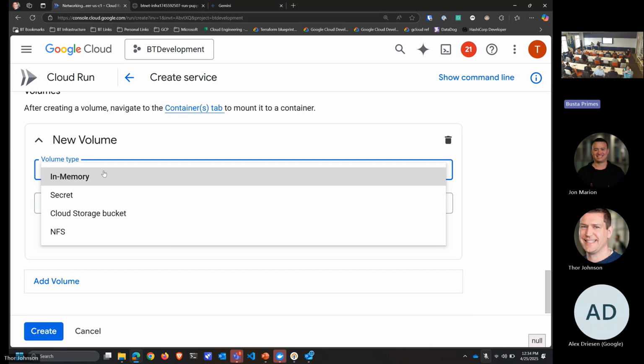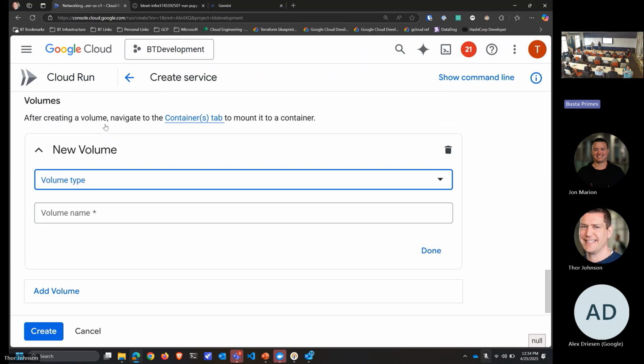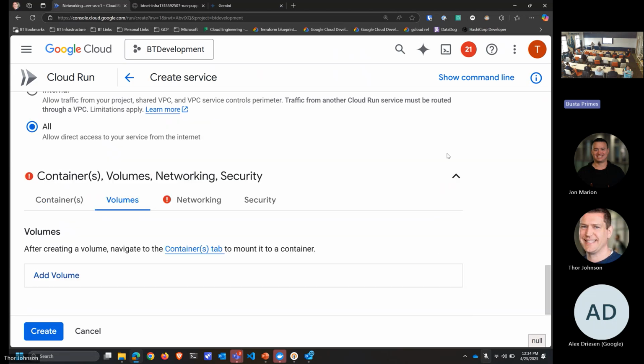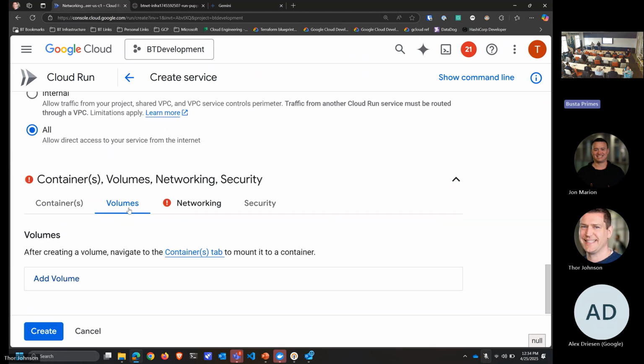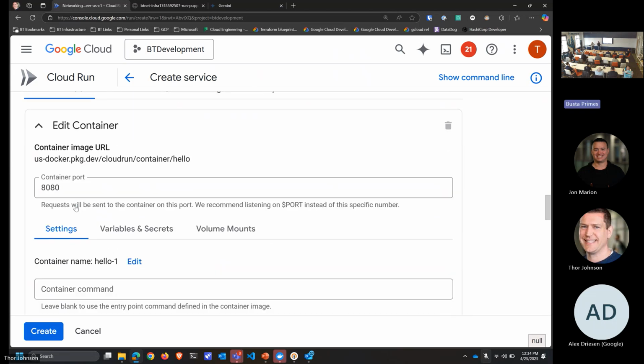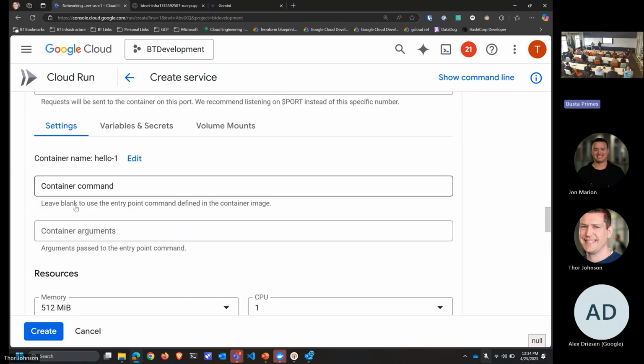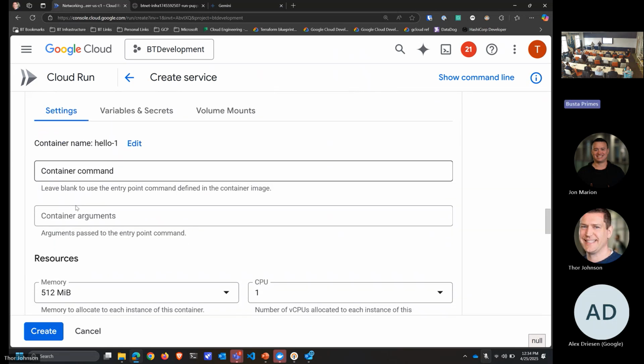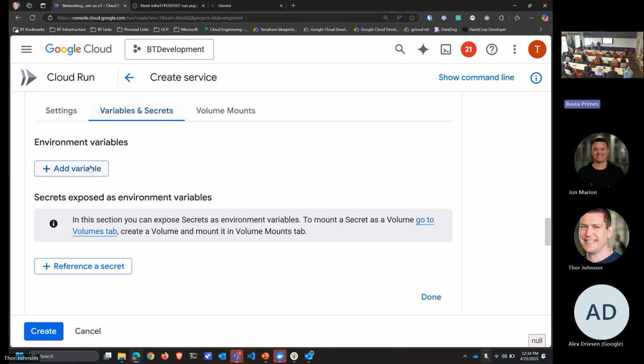So you can add volumes and do those types of things. You can read about it. It's really pretty sleek, and I think it's a really powerful piece of Cloud Run too, where it's not complex. And then I would say the other piece is environment variables. You can define a whole bunch of environment variables in here or in your manifest, and all of those containers are going to pull those. We live and die by environment variables. That's how we set all of our app configs and all of those pieces.